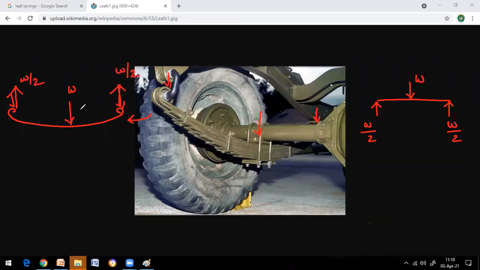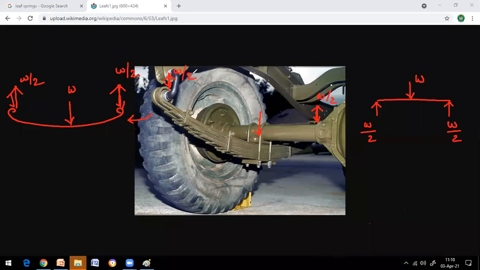Ante kada. Entaithe load act avutundo, the same load it will be distributed to both ends in other way direction. Okay? Other way direction lo distribute avutundi kabatti ఇది bend avvakunda ee support ane resist chestundi. Understand? So this force will be resisted at both ends in other way direction, as W/2. Clear? That is what I am talking about.